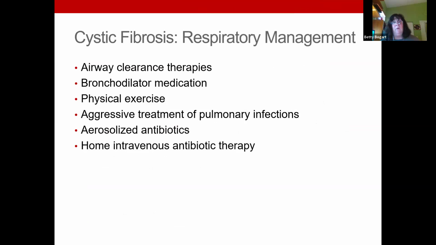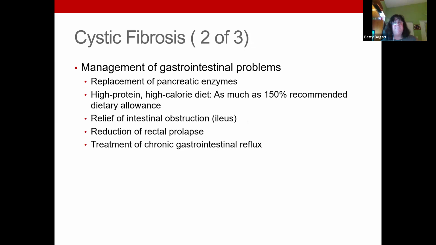So we're going to address the airway problems. We're going to do bronchodilators and good physical exercise. I'm going to recommend swimming for almost everything because there are no allergens. It involves holding their breath, and kids like to do it. And a lot of times we're going to be giving a lot of medicines as aerosols. I think gentamicin and tobramycin are some of the big ones that, in a little aerosol, go right into the lungs. And of course, PICC lines with IV antibiotics, because they're always dealing with lung infections.